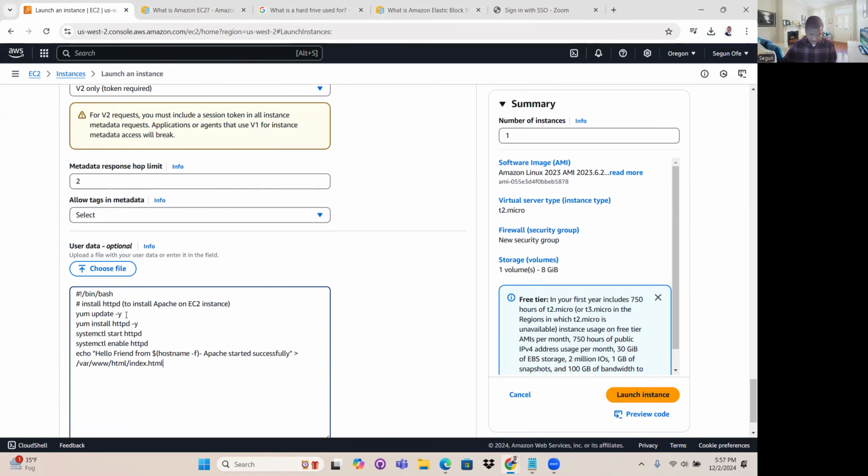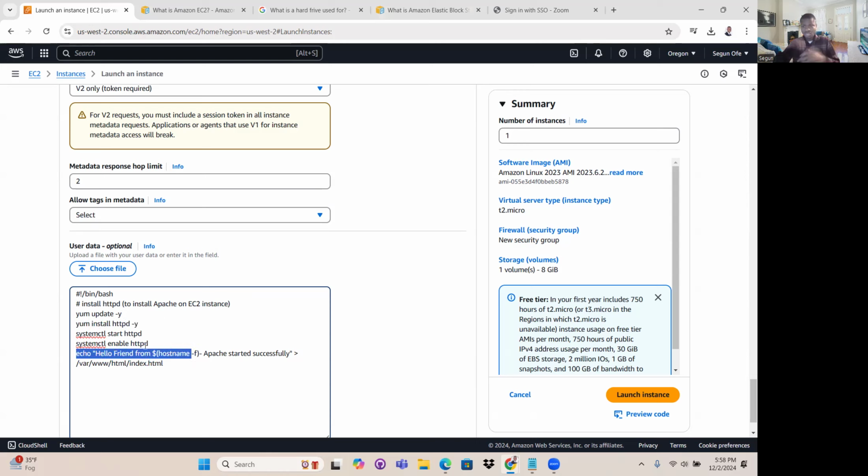This one is to update the software, this one is to install the Apache web server on our EC2 instance and start it, and this one is just writing